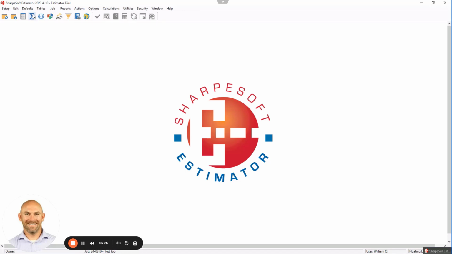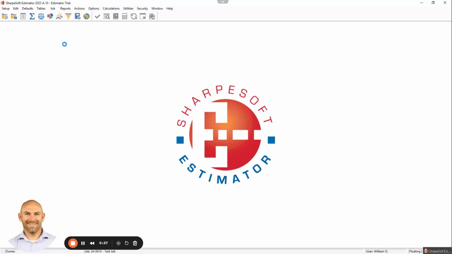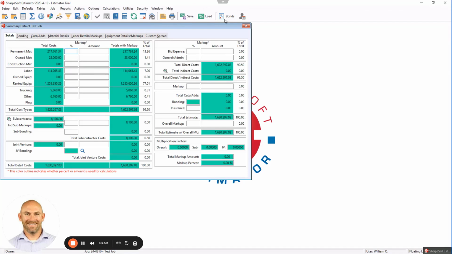So summary sheet, you could get to it here with this Sigma icon, or you could go job summary. Both of them take you to the same place. So now notice we have a job. It's showing our materials, our own materials, our labor, our equipment, our trucking, our other, our plug, our total cost types, our subcontractors, and then we have a total cost for a job. So any place that you see a white area at this point, open area,